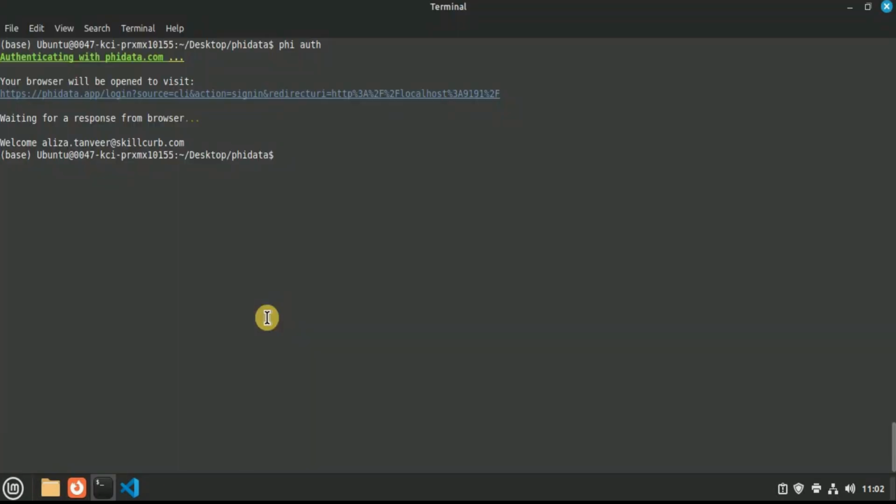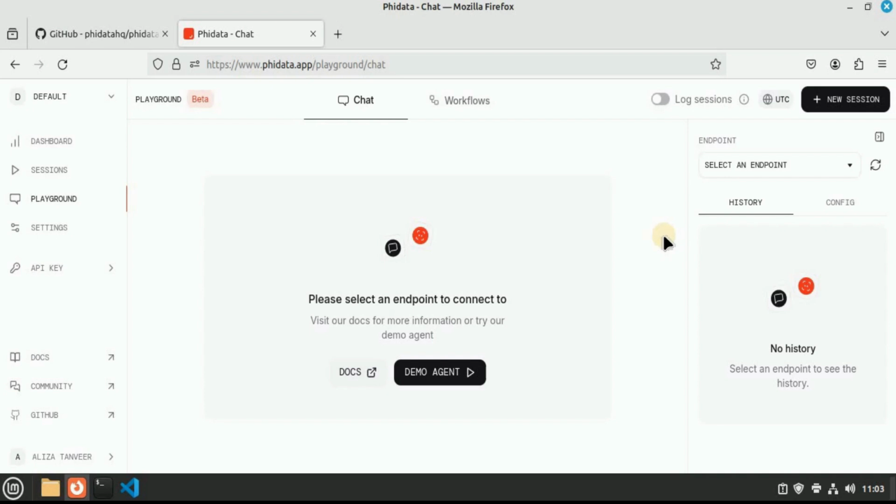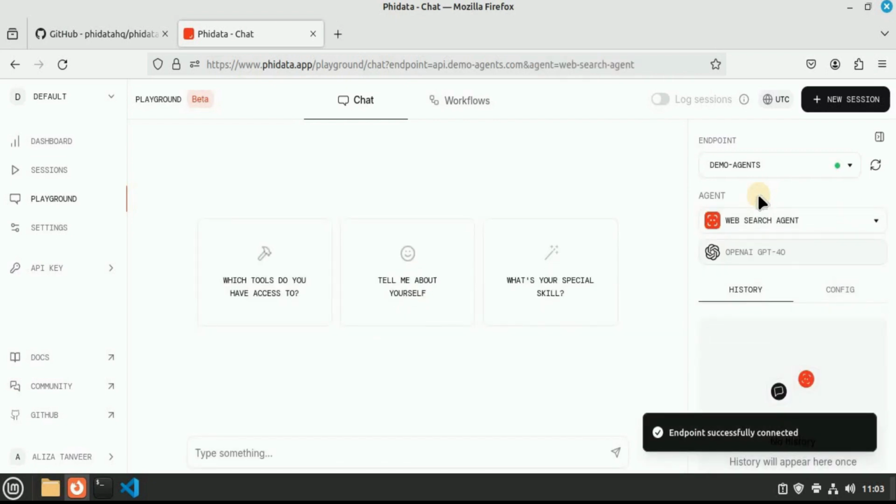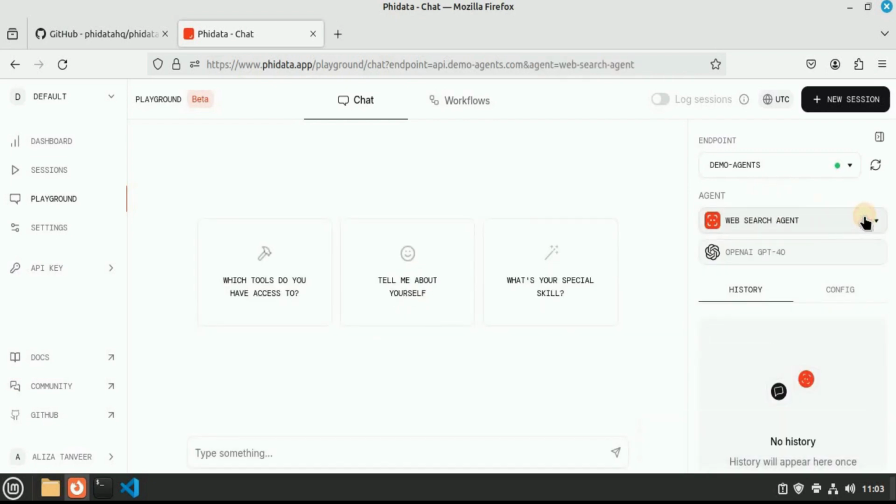So now if you want to connect your OpenAI agents to the FireData Agent UI, you have to run the playground, and this can be done using the command python cookbook/playground/demo.py. Hit enter, and you will have a playground just like this. From here, you can select your different endpoints. If you want to view all the demo agents which are already present, you can do that. And then if you click on this, you will see all the agents which are provided by FireData by default. And if you want to use the OpenAI GPT-4 agent, you can select that too.